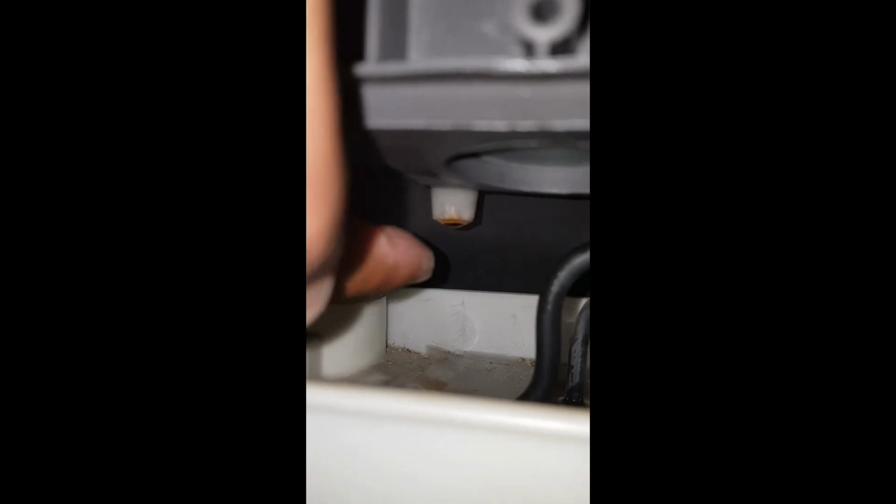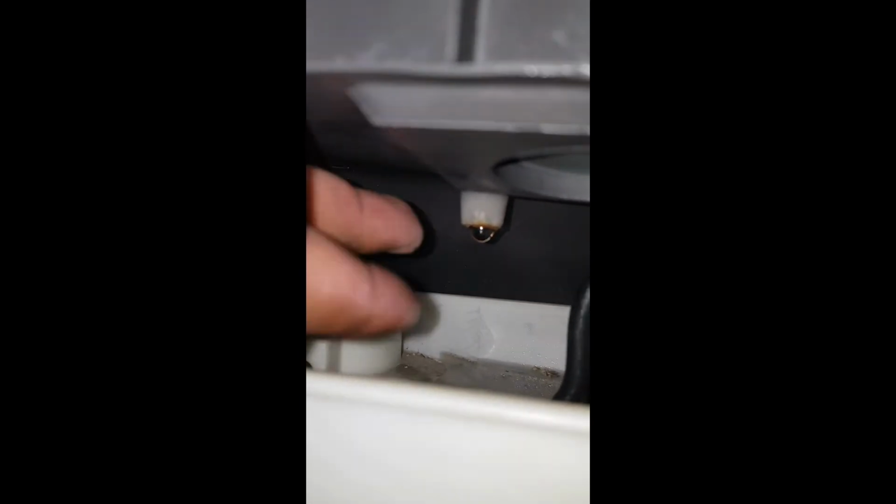As you can see, water in this video is starting to flow, and this means that we are basically done with the repair. We just have to put the cover back on, ensuring that the power plugs are clipped into place properly. So as you can see here, it's looking good and there's no need for me to call an